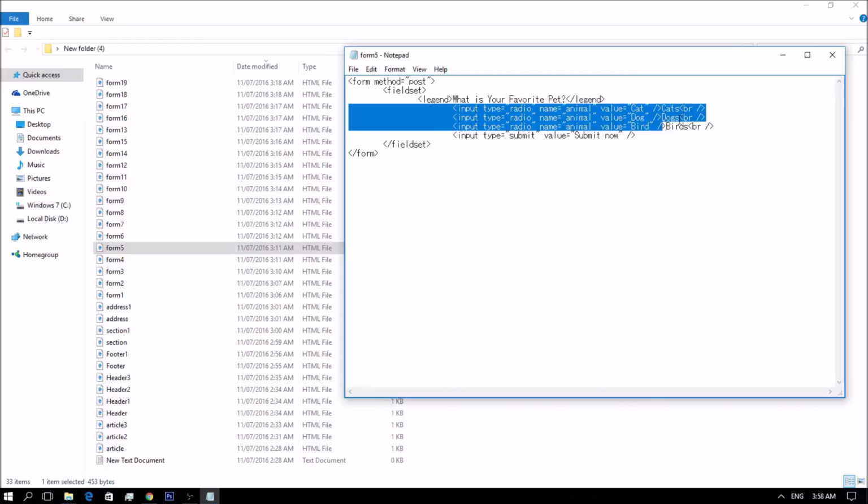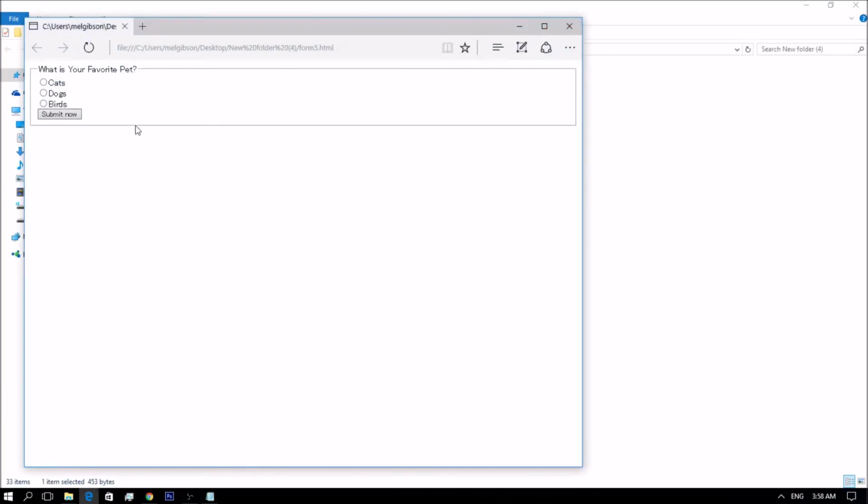So this example shows how you force the visitor to choose just one of their favorite pets.